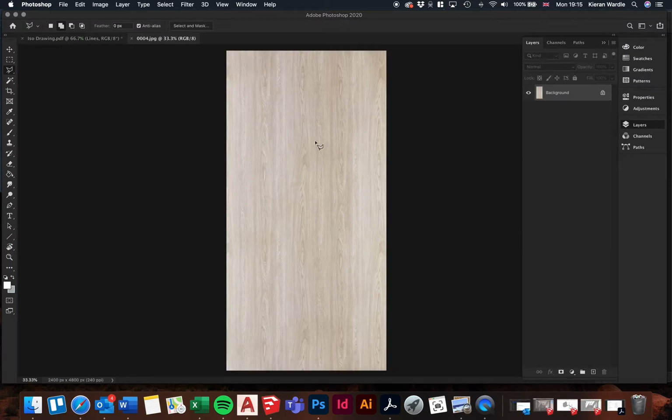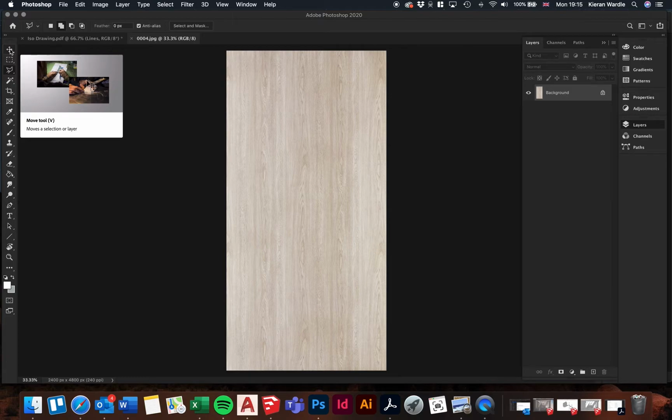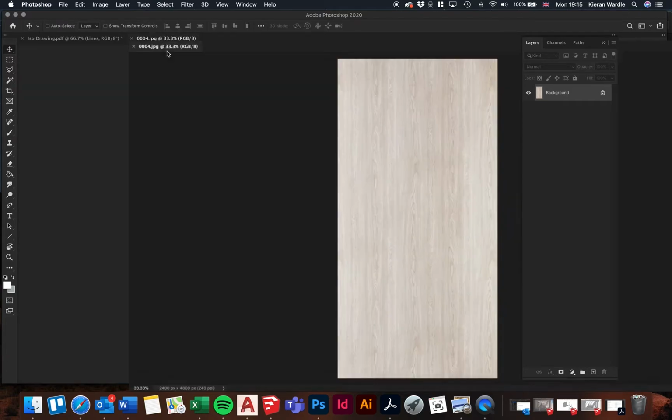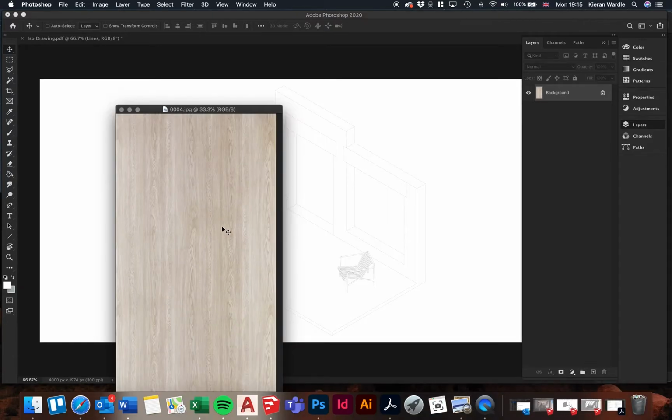And if you give it a couple of seconds, here you go. Here's the image of the wood. So we're going to click onto the Move tool. I'm going to drag this. So this is the image. And then if I push this over,